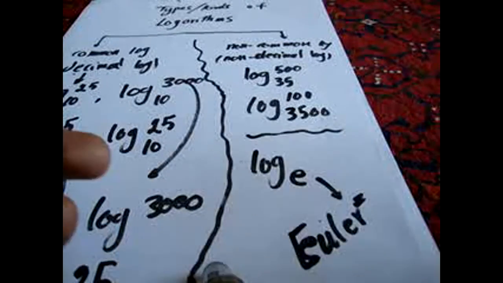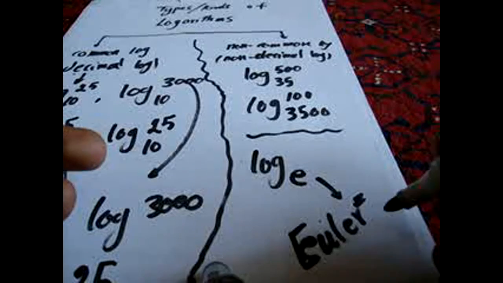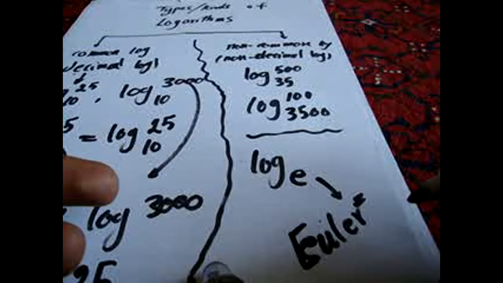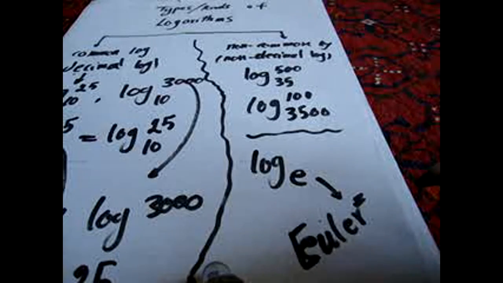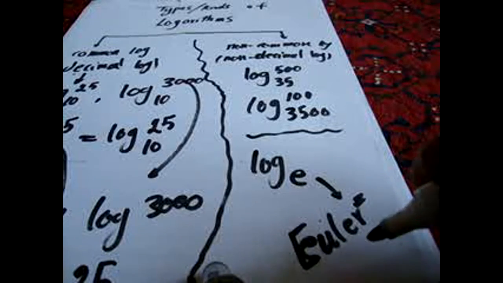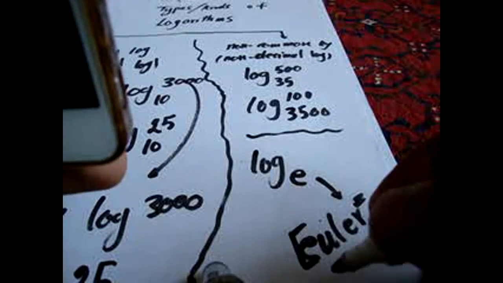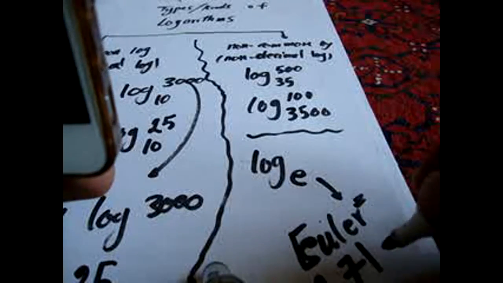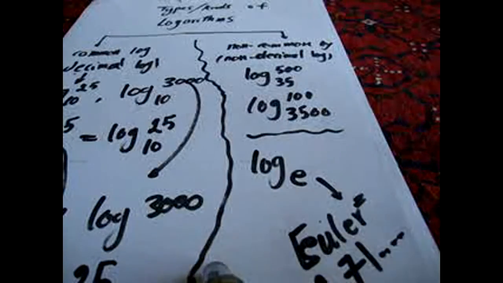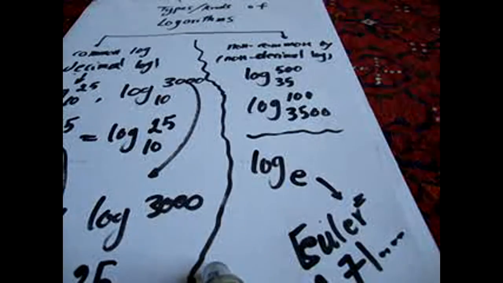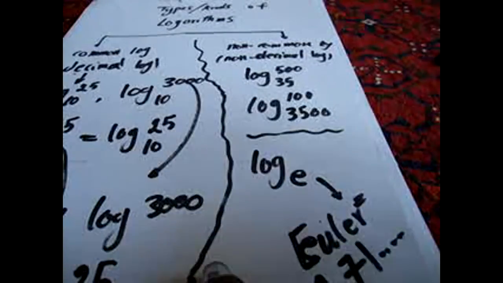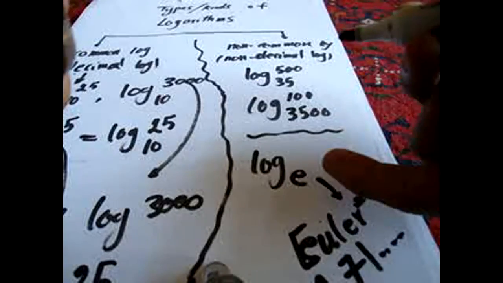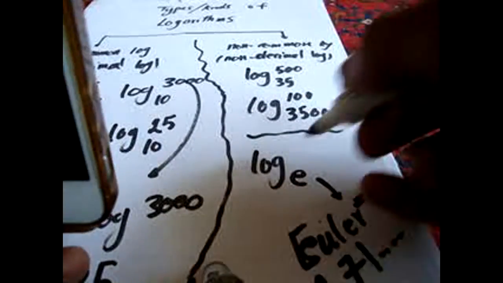Euler was a mathematician that developed some theories in mathematics. So he has a number which is called Euler number, and it is 2.71, and it goes on and on. So if you see a logarithm that has the base of e of any number,